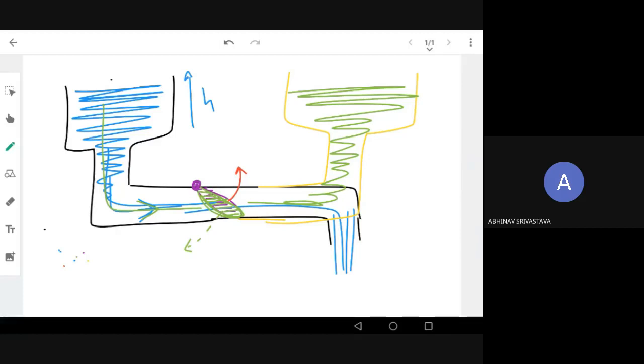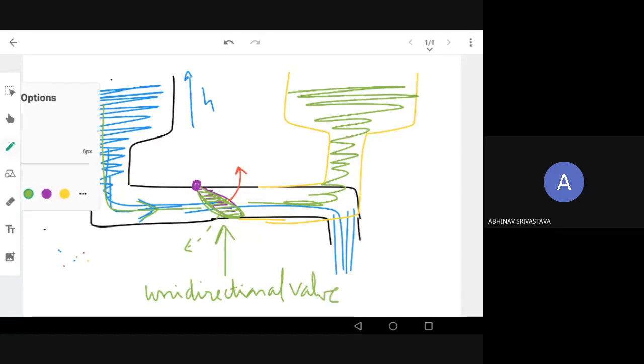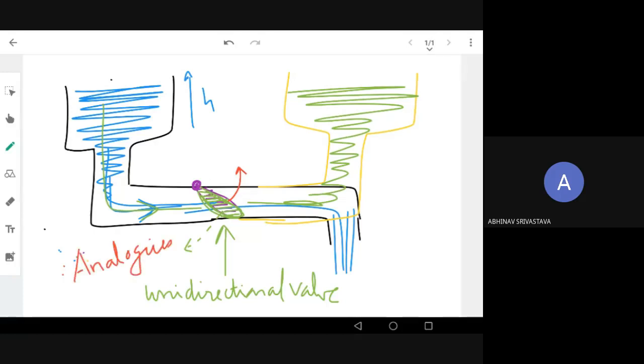So this kind of circuit, this simplified representation of a diode considered as a unidirectional valve, is called an analogy. In this course, in this subject, we'll take a lot of analogies. What is an analogy? An analogy is understanding one field or topic by comparing it to a similar topic. So we are understanding electronic devices like the diode by comparison with valves, like mechanical devices, pneumatic devices, hydraulic devices. So this is called analogies.